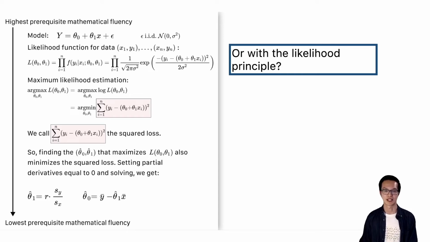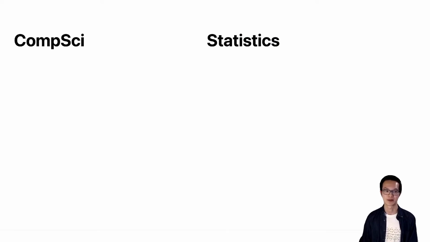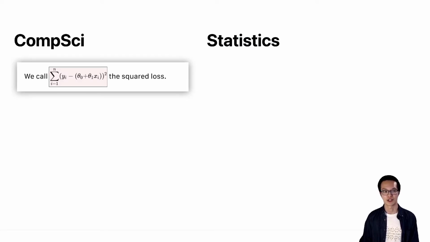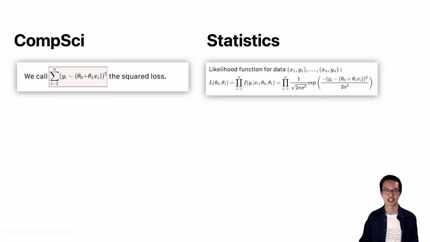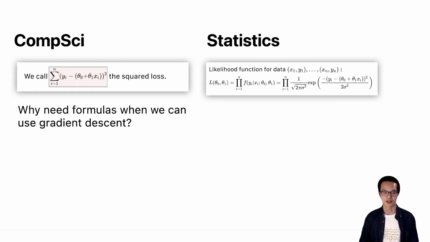But this approach led to some debates among our staff members. The CS instructors preferred to use loss functions to teach modeling instead of maximum likelihood estimation, while the stat instructors preferred to use maximum likelihood. The CS instructors asked, why do we need to use maximum likelihood to derive these complicated formulas when we can use gradient descent instead? Formulas using likelihood can get complicated pretty quickly, and I'm not really too sure what the